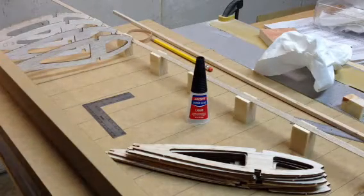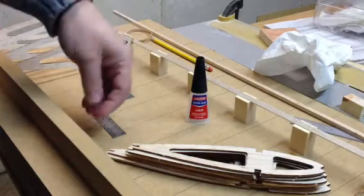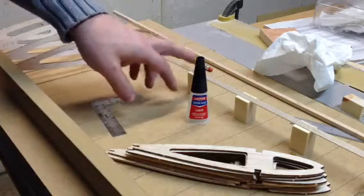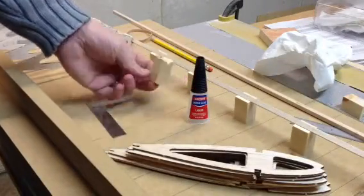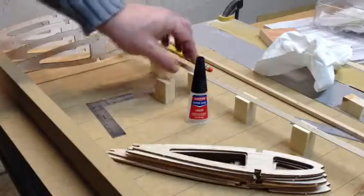Well, today we're going to actually frame up the wing. We already placed the trailing edge and the leading edge into the cradle, into the jig. For the leading edge, really all we did is we had these little V blocks that we built for the leading edge to go in, and you know